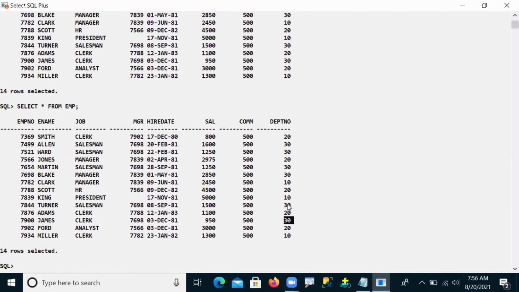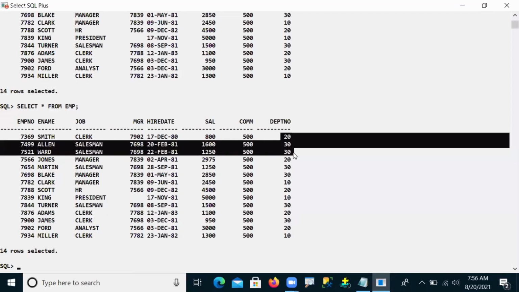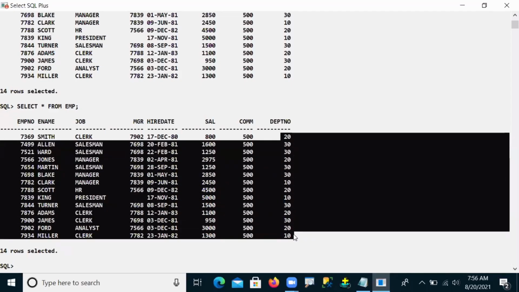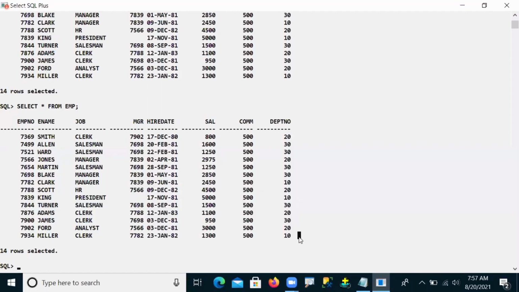For example, I want to delete those who are working in department number 10. Can you tell me, guys, how many people are there in the 10th department? Can you check? Three people are there.